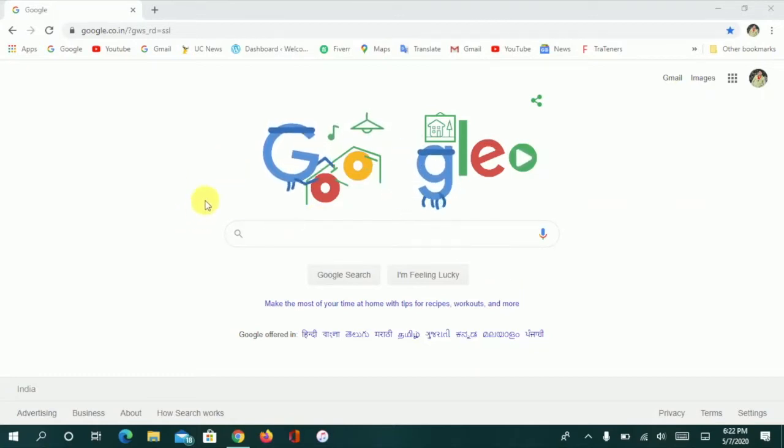Like you can see, here is a Google search engine, and we will make our own search engine. You can choose any name. So let's get started. Firstly, we have to search